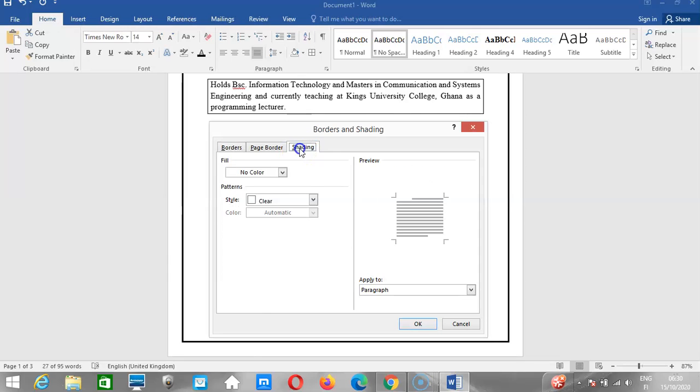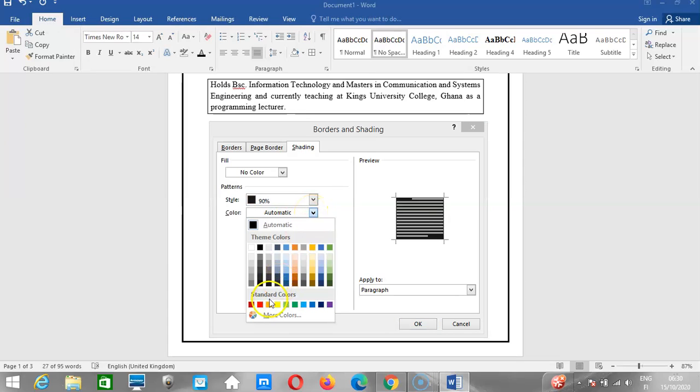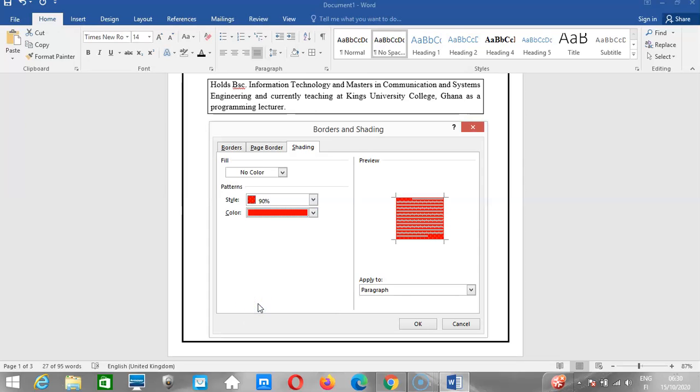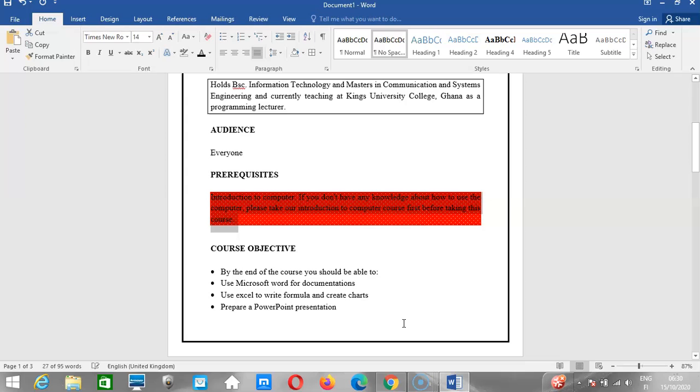In the shading aspect, you choose the patterns you want. You just click on it. So if I want this particular pattern, maybe 90%, then I can choose the color that I want. So if I want this color, I have it. Now if I want to border it as well,